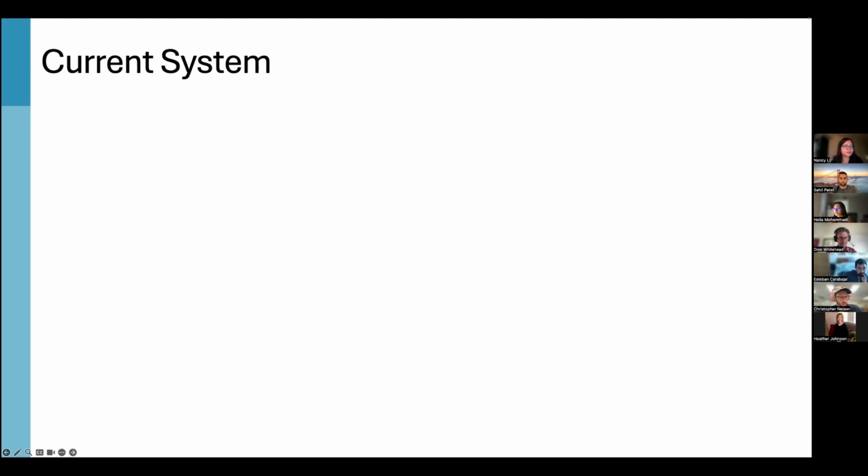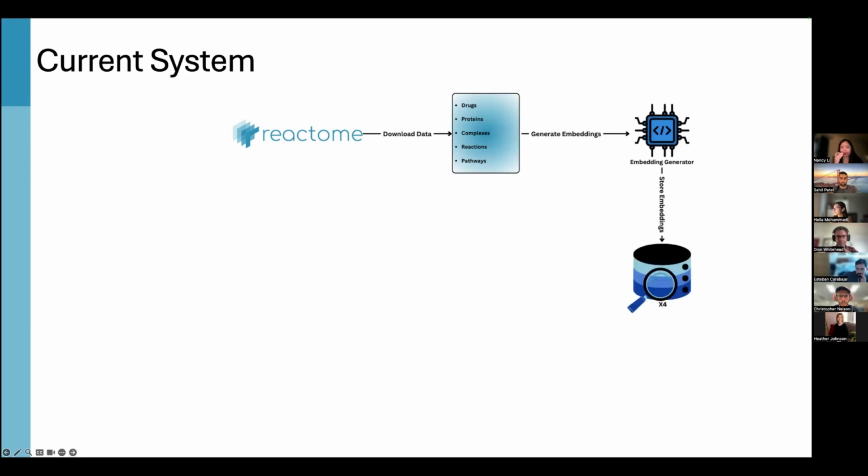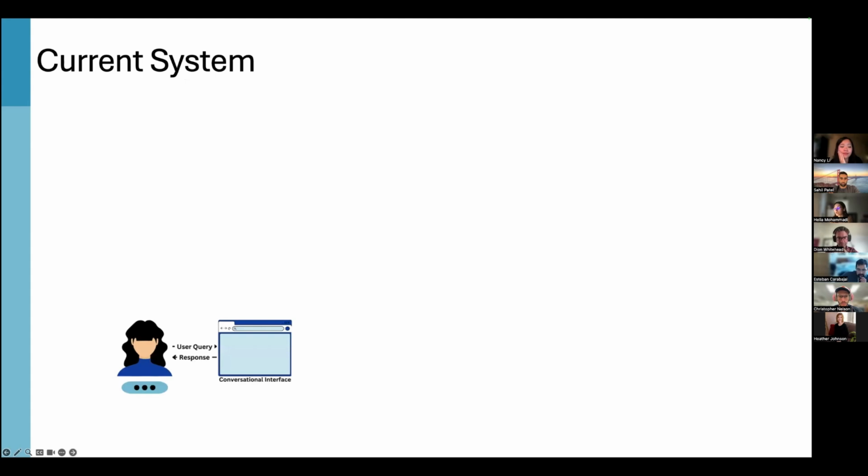So to create the system, we first retrieved and downloaded information about drugs, proteins, complexes, reactions, and pathways from the Reactome database. This information was then embedded and stored in a vector database, such that when a user asks a question about the database from the user interface,